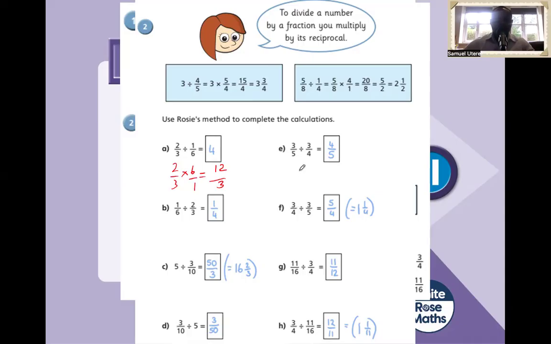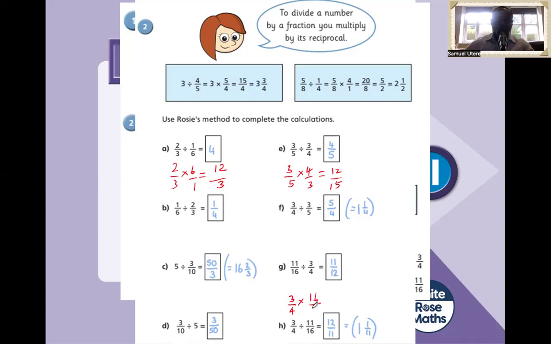So here we have 3/5 times 4/3. So 12/15 will simplify dividing by the highest common factor, which is 3. 12 divided by 3 will be 4, and 15 divided by 3 will be 5. For this one, this will become 3/4 times